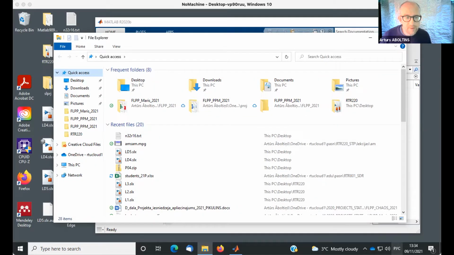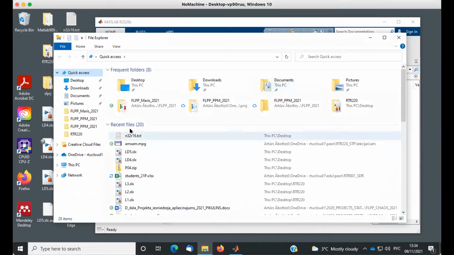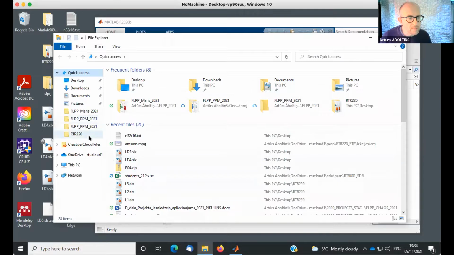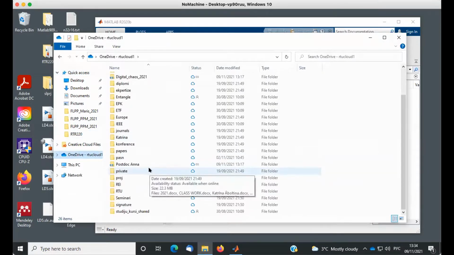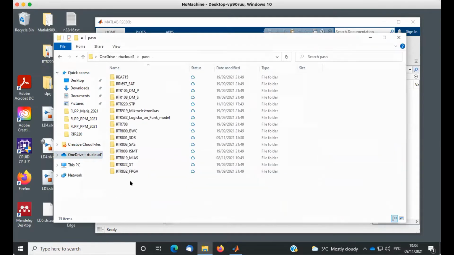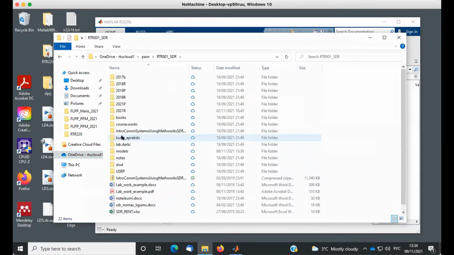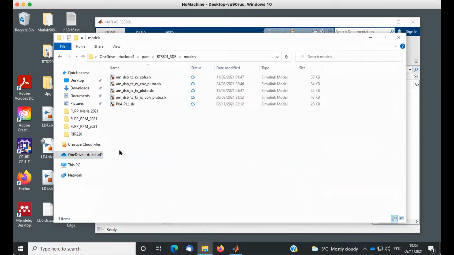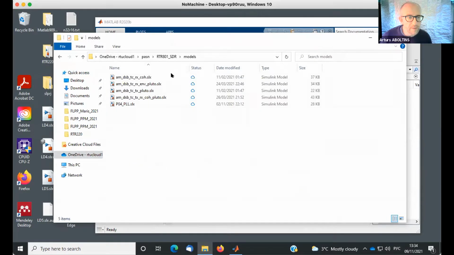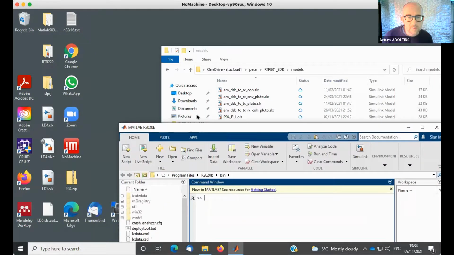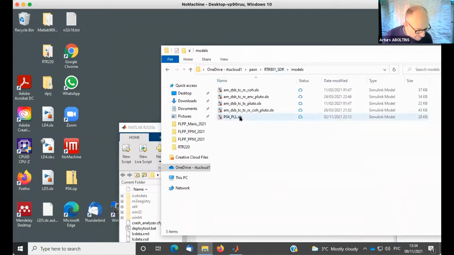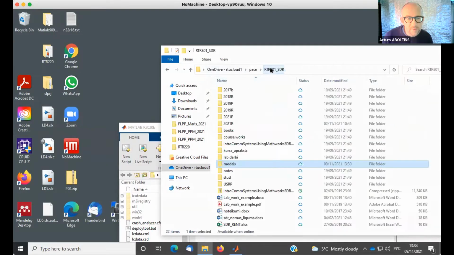Okay, what you see now, you see this Windows still, yes? Yes. Okay, then I will go to the OneDrive, and it must be models, and they are okay. Nice. Now I will copy this to the desktop to avoid compilation into the OneDrive folder, because it could be